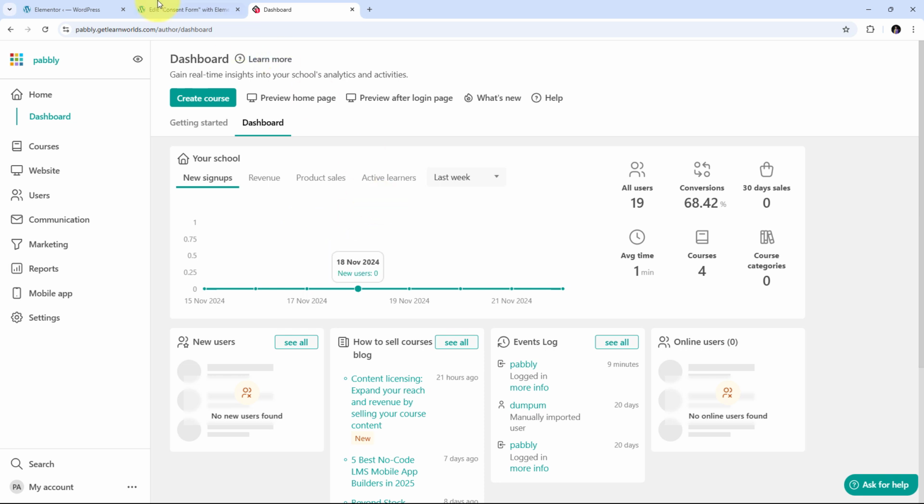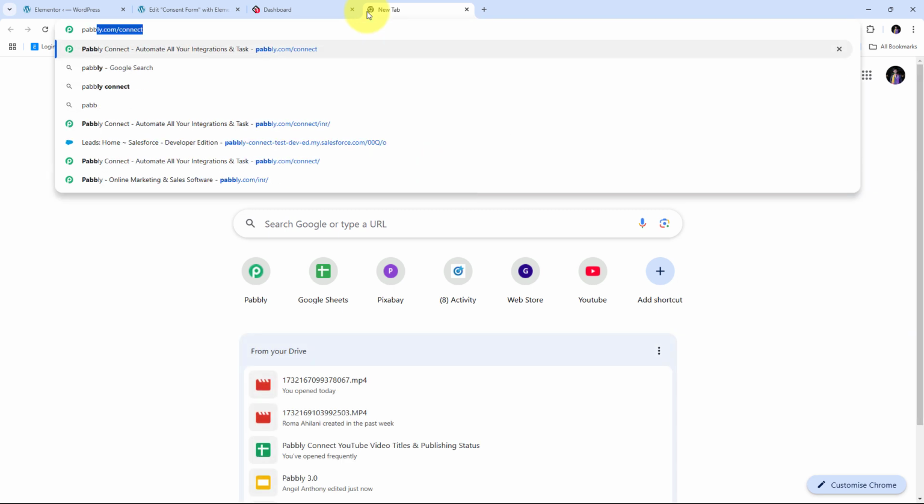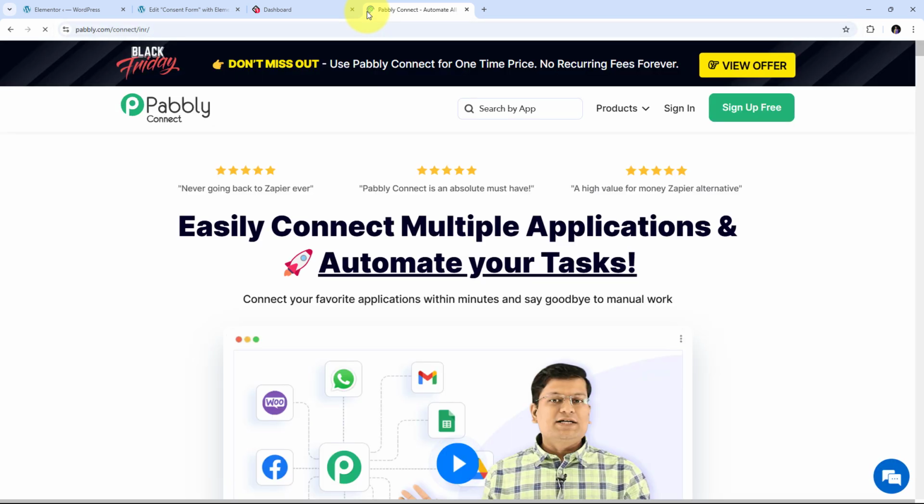Now with Pabbly Connect, I'm going to build this connection, and for that I need to open a new tab and search for pabbly.com/connect in my browser. This will take us to the landing page of Pabbly Connect. Here in the landing page, I have these two options of sign in and sign up for free. If you don't have any account with Pabbly Connect, then you can just click on this sign up for free button, and it will take only 2 minutes of your time, and you will get 100 free tasks every month. Or if you already have an account or you are an existing user, then you can just click on sign in,